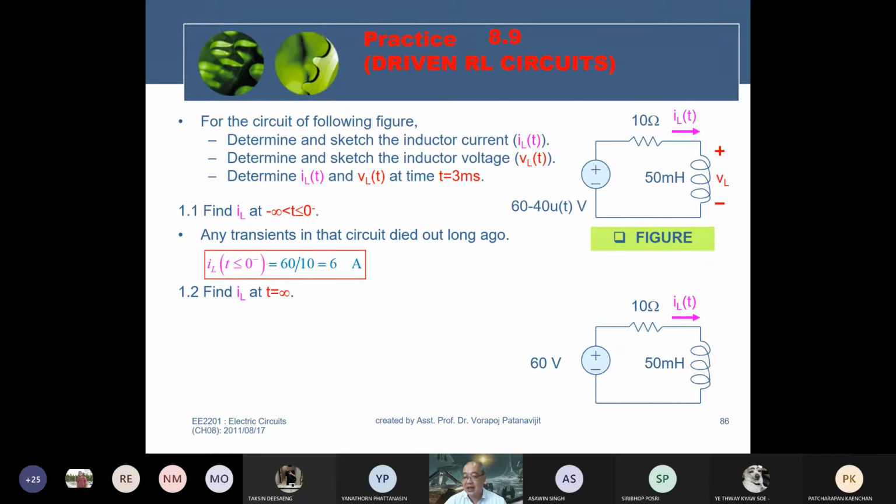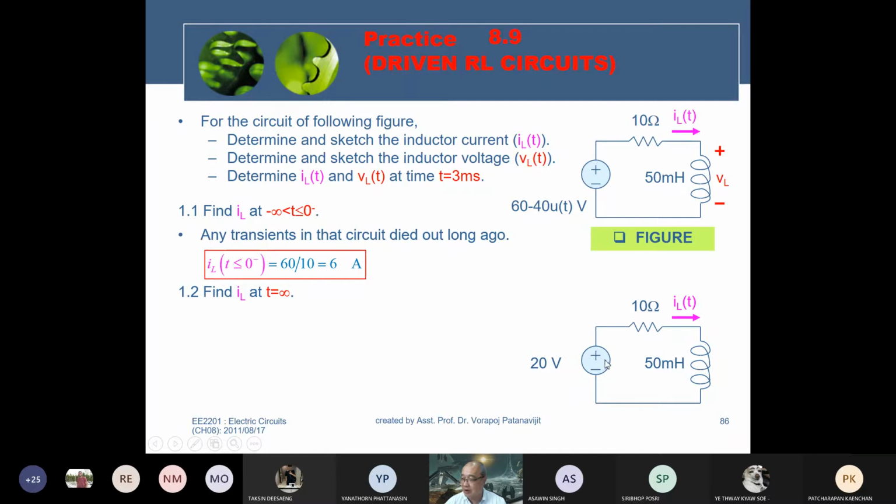Time infinity means after the switch is activated and left for a very long time. In this case, the unit step equals 1. If the unit step equals 1, this function will equal 60 minus 40. The result equals 20 volts. If the source is changed to 20 volts for a long time,